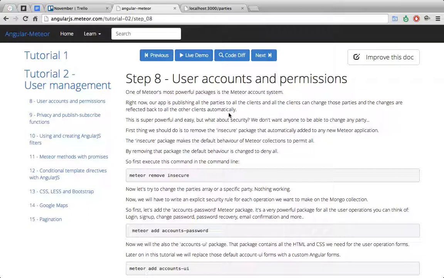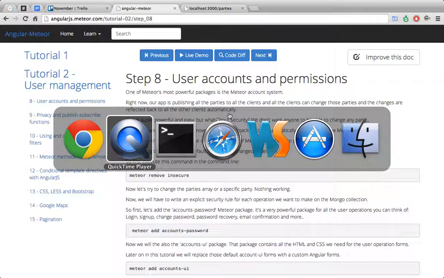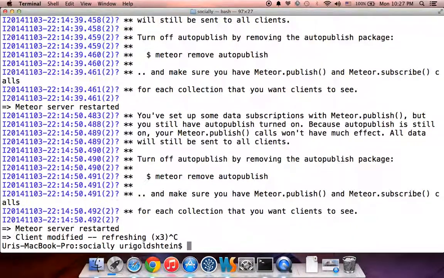This is a package that Meteor automatically adds to our application and sets the default behavior on collections so that it permits everything. When you remove it, it means that it denies everything. Once we remove it, nobody can do anything on the database. So let's start with that. After we remove